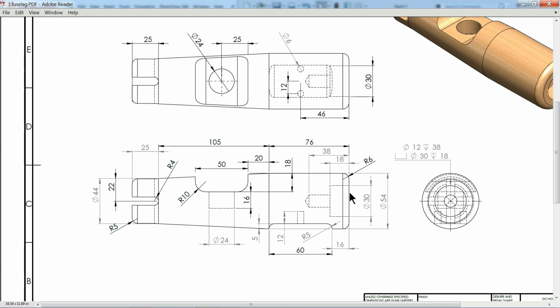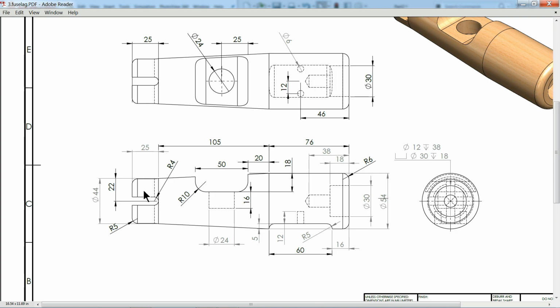First we will use revolve boss base command and create this geometry. See, this one 76 millimeter straight, then there is a little tapered, 105 millimeter and 25 millimeter long. See here. So this one we will make straight, and that diameter 44, that means it becomes 22 millimeter, and this one width is 54, so this becomes 27 millimeter half. So we will make this one, then we will cut this cutout.